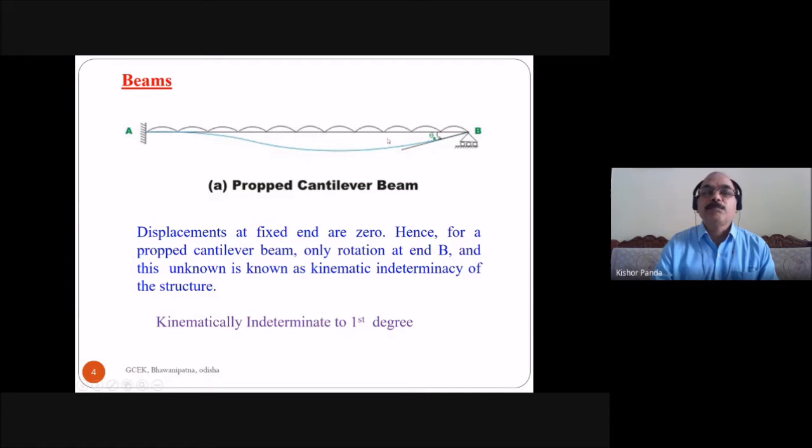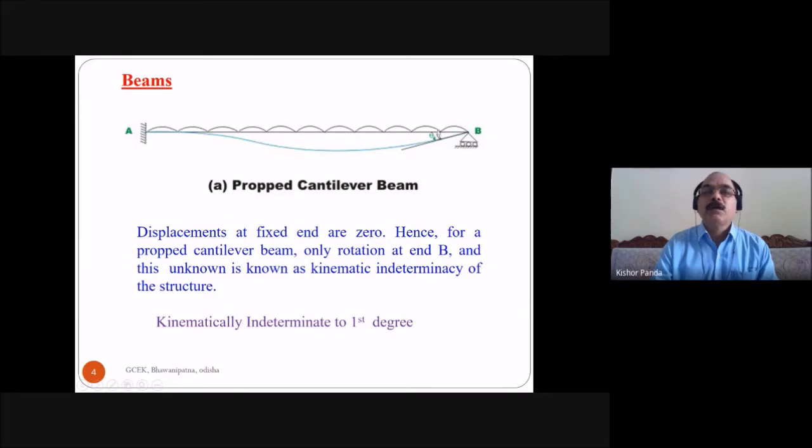Generally, in frame structures or beams, we take the assumption that the members are inextensible. You are considering the inextensibility of the member, so there is no horizontal displacement here. Only a rotational displacement takes place, because there is no moment. If there is no moment, it means the rotational displacement takes place.